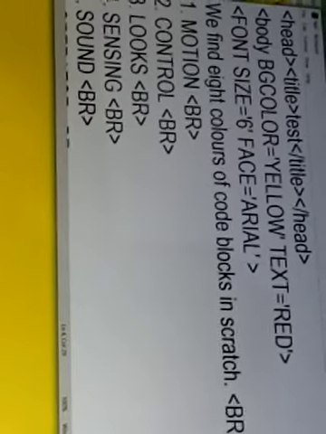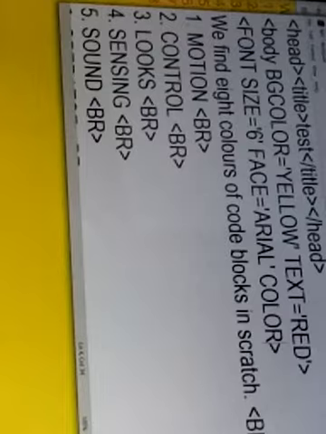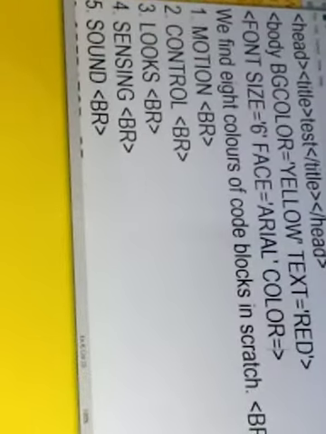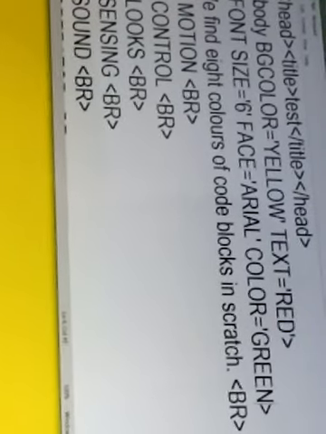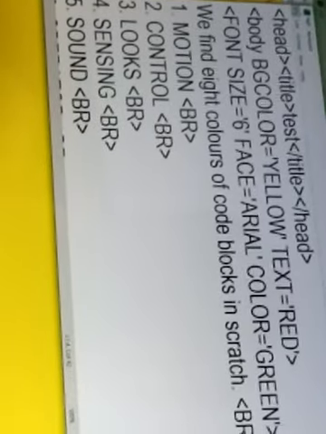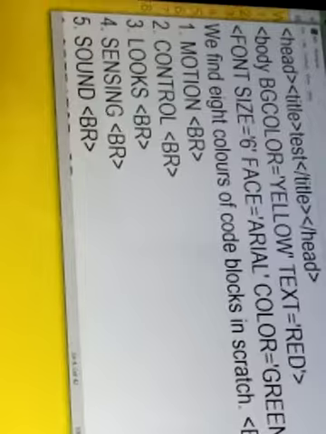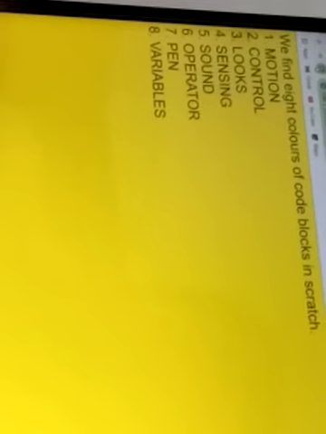To change the color, I will be writing the spelling of color, C-O-L-O-R, color. Color is equal to, suppose I write green, then let us see whether the content color gets changed or not. Each and every time you have to save the file. See, the font color has been changed.